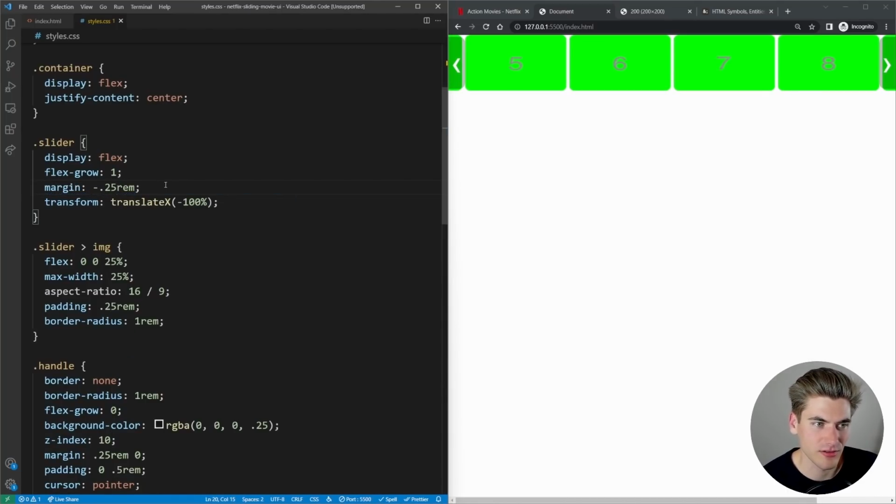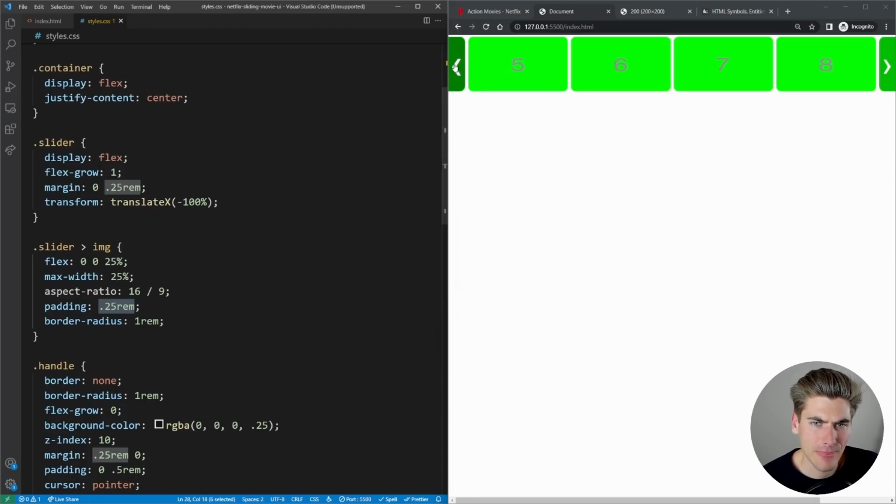Now that didn't work either. Make sure it's only in the Y direction. Okay, there we go. We need the margin to be 0.25 REM. I don't know why padding didn't work. Weird. Either way, so now what we've done is we made these sections line up. And the reason I had to add this padding here is just to line up with the padding we had on our images. And that made everything work.